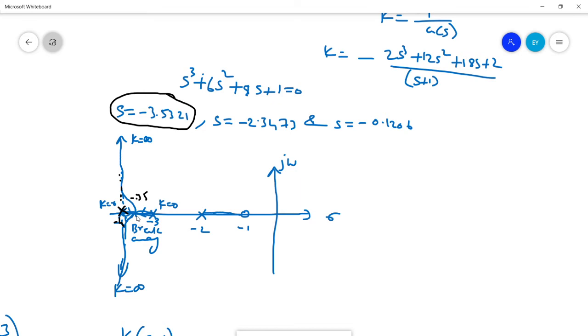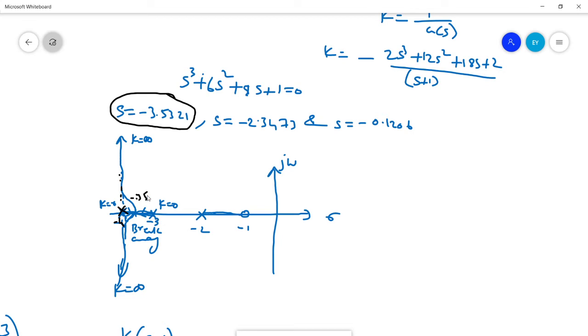Therefore, the breakaway point is minus 3.5. That's why I started from this point when I showed the previous plot, right? This is the point where your plot starts on the real axis, which is the breakaway point,